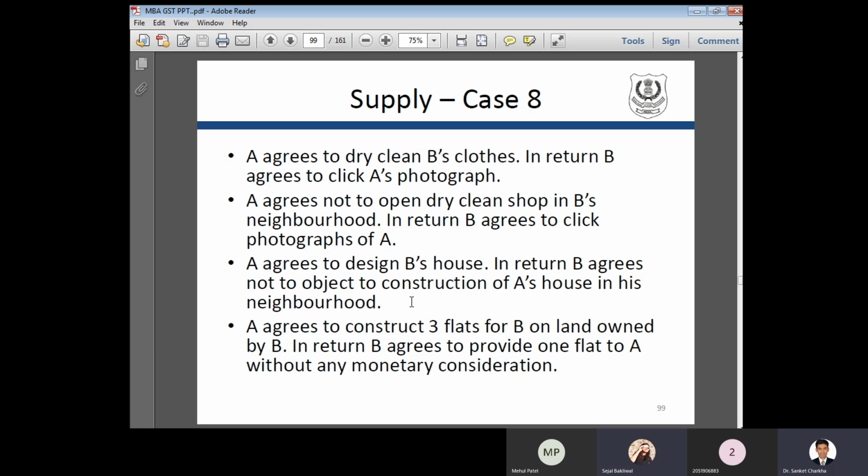इमूवेबल प्रॉपर्टी का है सर। हाँ, तो इमूवेबल प्रॉपर्टी आ गया तो आपका जीएसटी एप्लीकेबल होगा उस पर? नहीं। यहाँ पे A agrees to dry clean B's clothes, यहाँ पे भी ठीक है एग्रीमेंट है, लेकिन क्या है? ड्राई क्लीनिंग ऑफ क्लोथ। क्लोथ इज अ मूवेबल प्रॉपर्टी, क्लोथ कैन बी ट्रांसफर्ड फ्रॉम वन प्लेस टू अनदर प्लेस। अगेन, फिर भी यहाँ पे भी एग्रीमेंट था, लेकिन यहाँ पे क्या था?